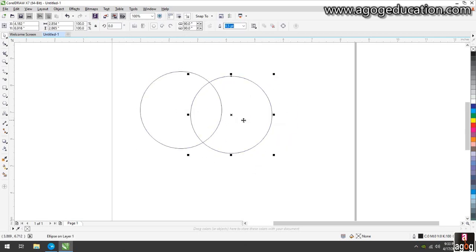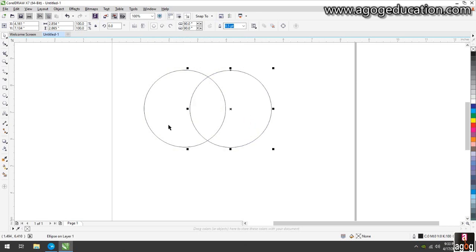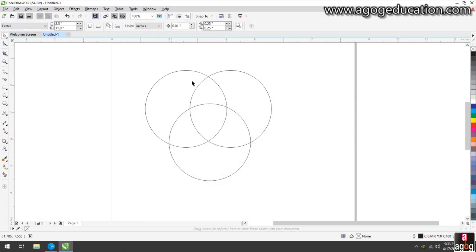So I just overlap these objects. When you combine or overlap more than two objects, suppose I create another one and put it here, you can see there are three objects.